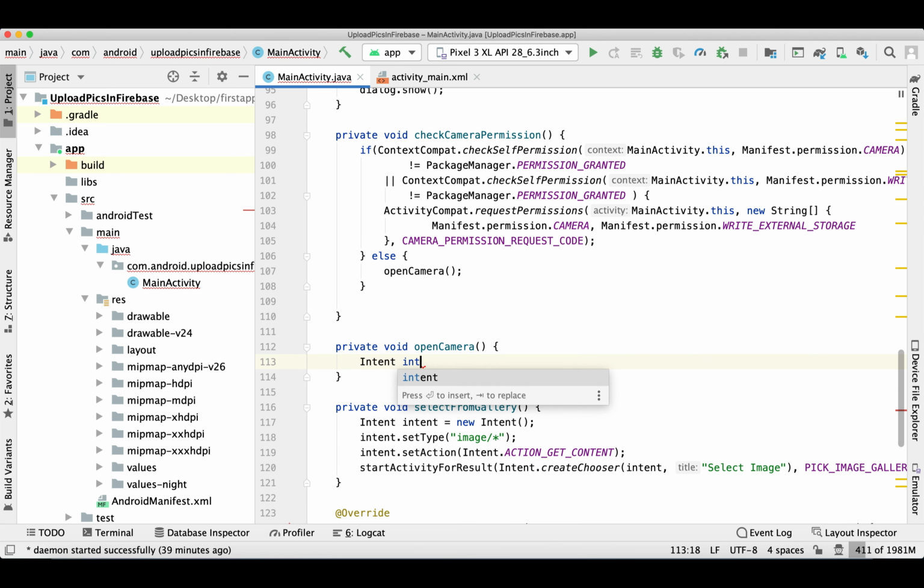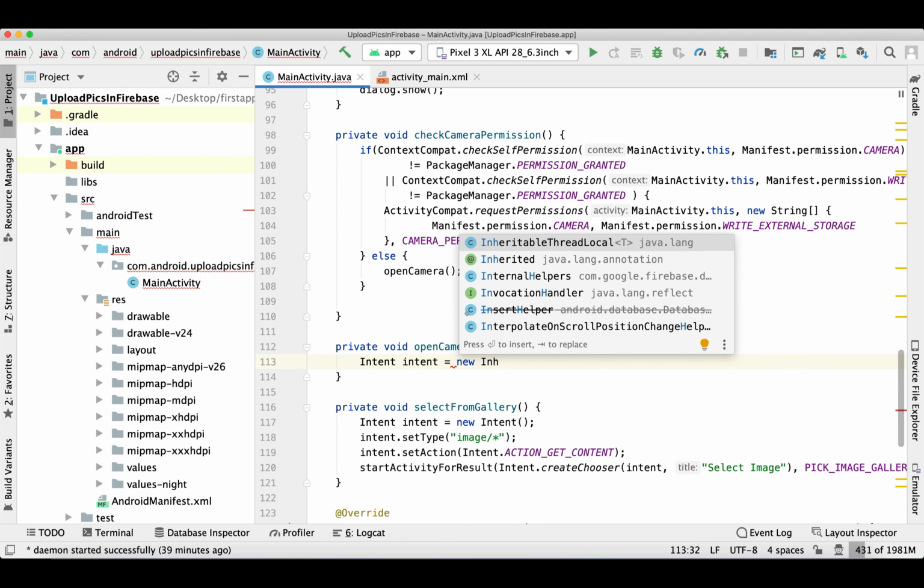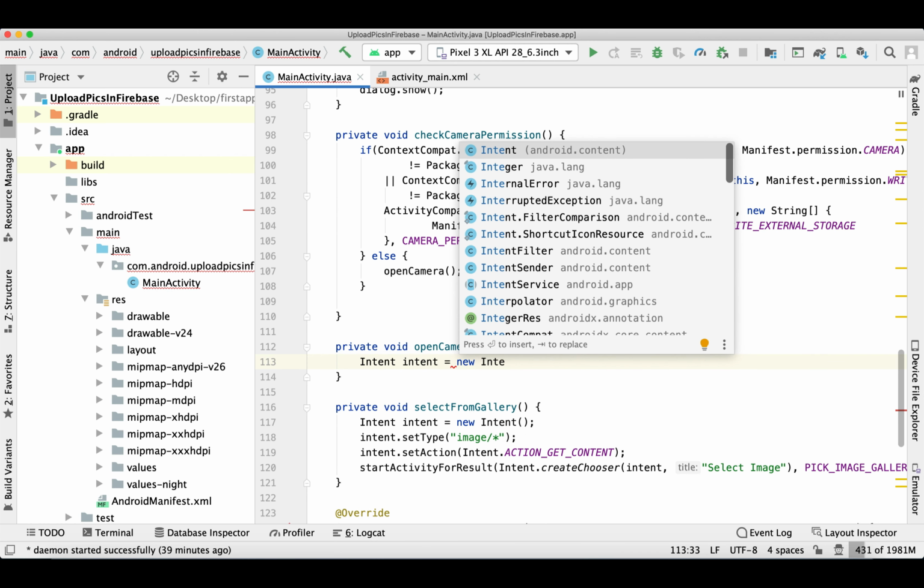Now I'm creating an intent to open the camera. So this intent is used how we can open a native camera.